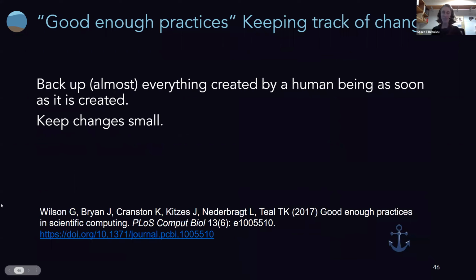And the solutions can be fortified with one more section from that good enough practices paper. So I'm going to highlight two bullets from the keeping track of changes section. One is back up almost everything created by a human as soon as it is created, and keep changes small. So these I've definitely experienced, and I chose these two because of my personal experience, and they will become applicable when we go into breakout rooms and talk about